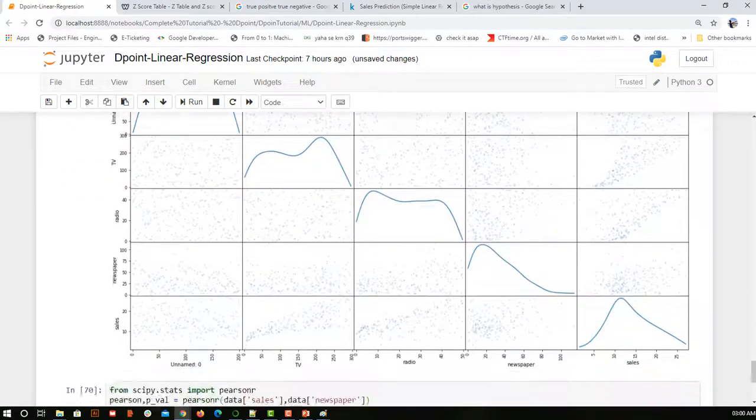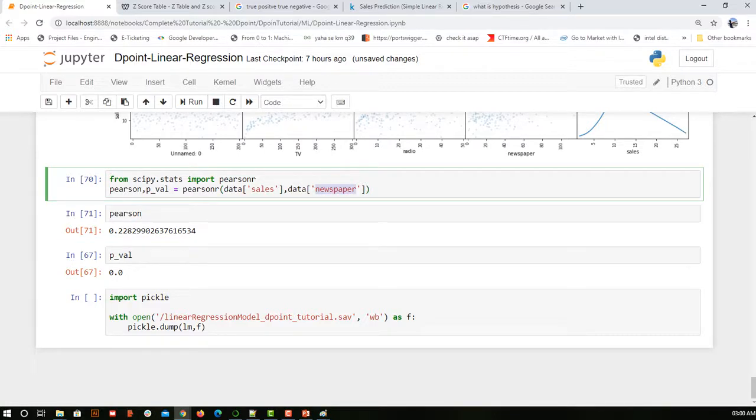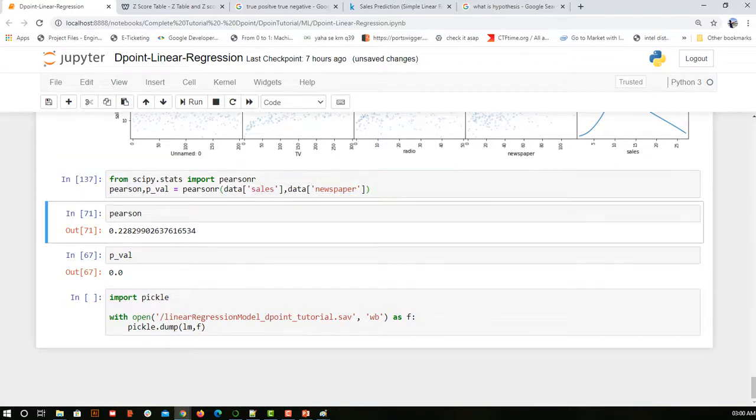So this is again a scatter matrix. And now this is the Pearson coefficient. So I can see how much newspaper is contributing towards the sales. For that I can find my Pearson value. So what is the relation between them? I find that my Pearson is 0.22. If you have read what Pearson means, it ranges from -1 to 1,